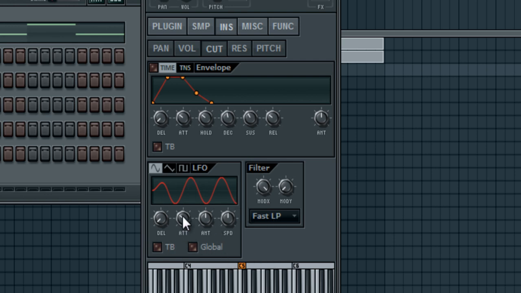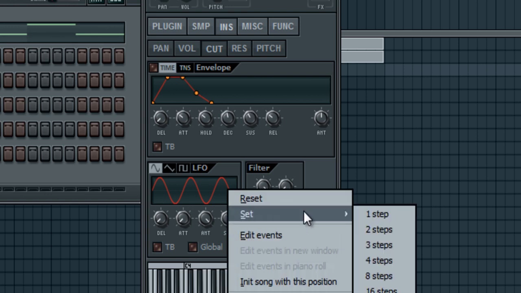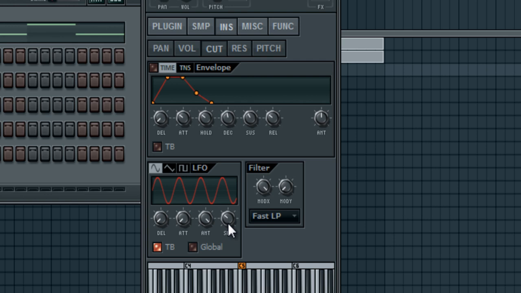What you're going to want to do is turn the attack all the way down, the amount all the way up, and you're good. Well, you're going to want to change the speed. I'd put it at 4 steps. That's just me personally, for right now at least. I mean, you could create an automation clip, which I'll go into in a second. So now what we have is